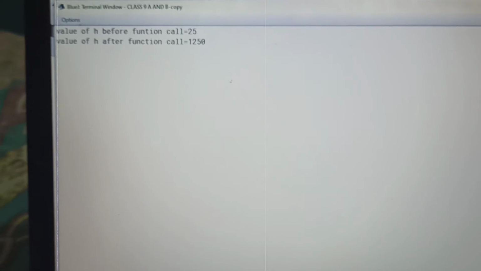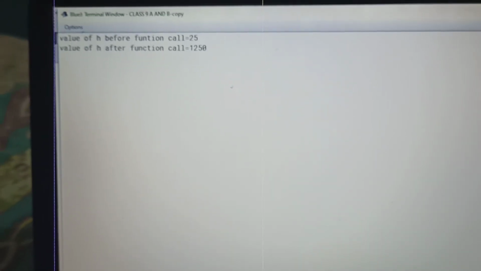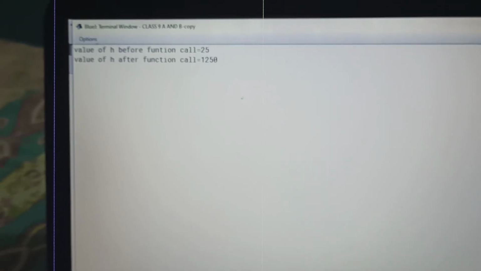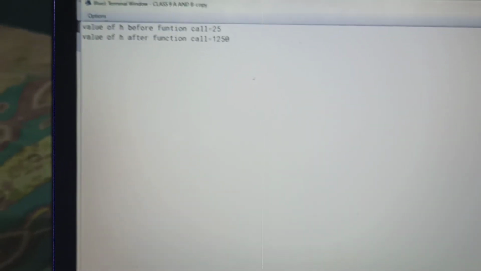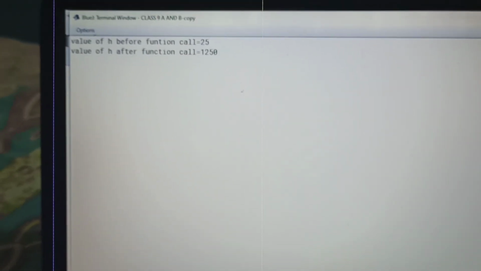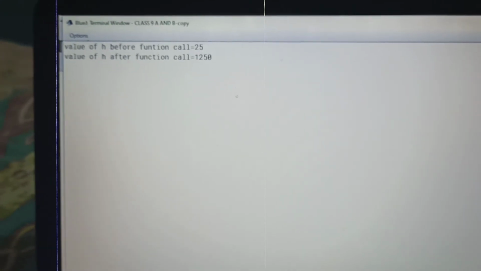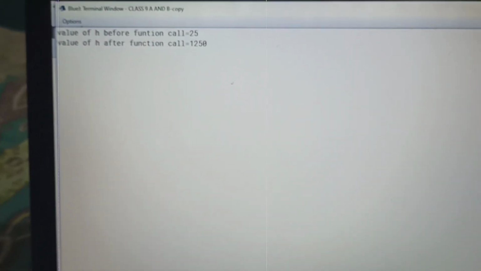Before the function call there are no changes, but after calling the function it changes the value every time.